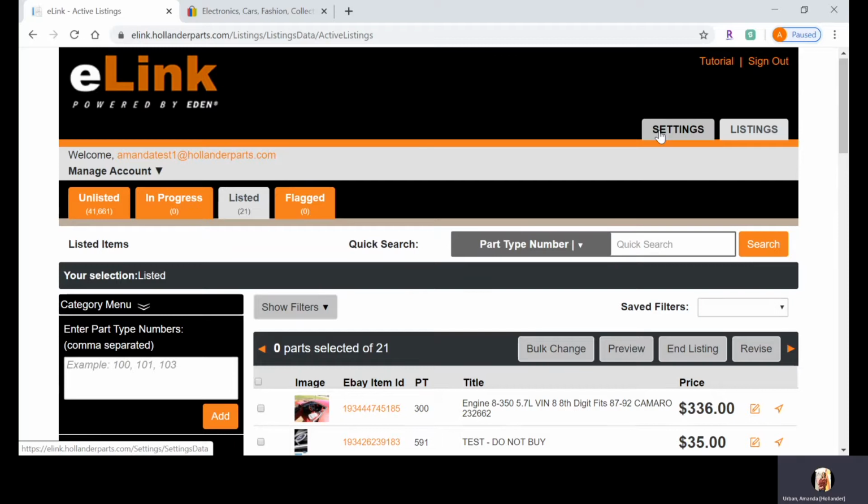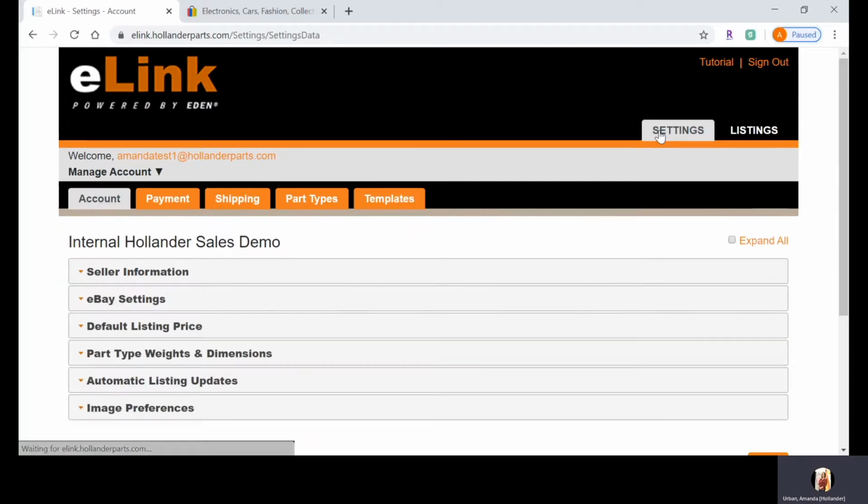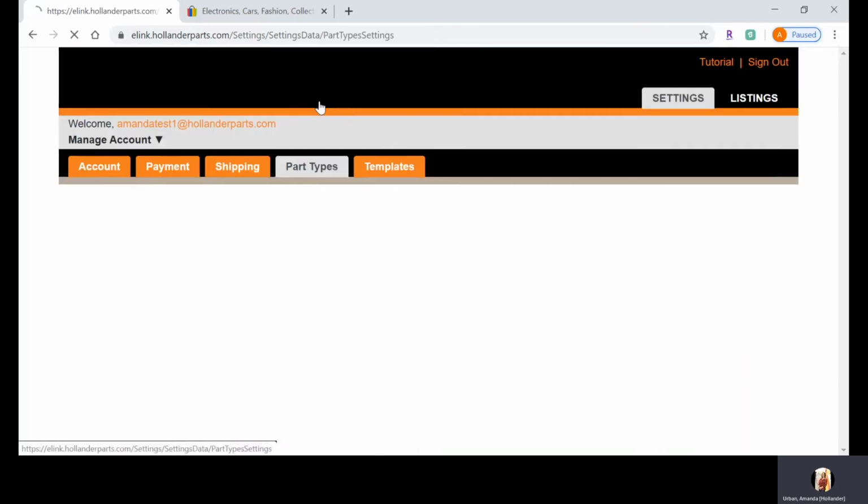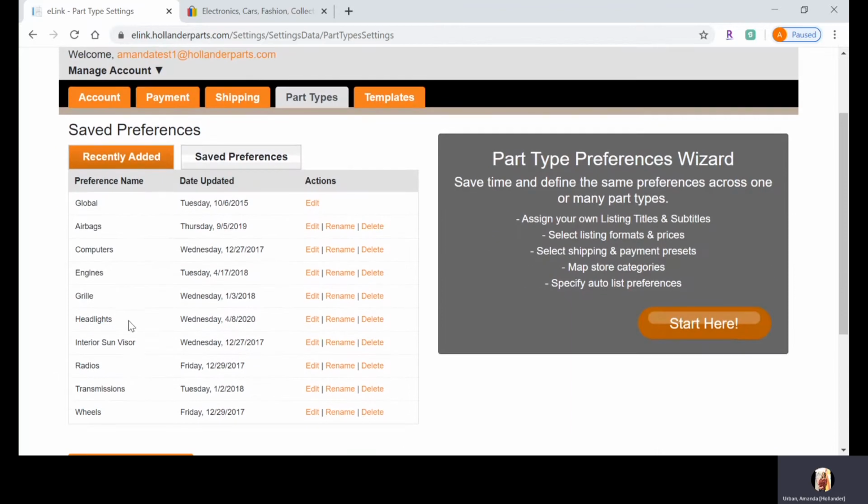All right, so next I'm going to go up and show you how to apply this within your part type settings. Highly recommended that you do this because it will take a lot of time off your hands moving forward. So if you already have part type preferences set up, which you can see here that I do, please note you have to apply this to every single one of them. Just applying it to the global is not going